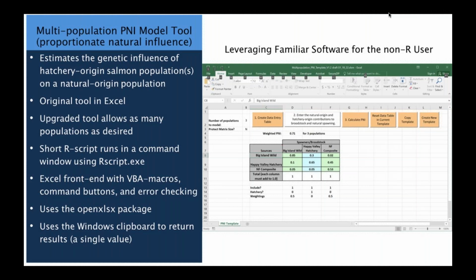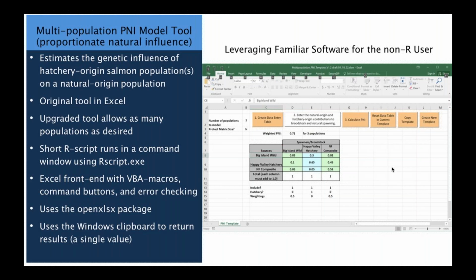But the thing I wanted to point out is that we built this using an Excel interface, basically using Excel as a graphical user interface to get to the R script that's run. We've set this up so that anybody in our branch, and most of them are not coders, can use this tool.